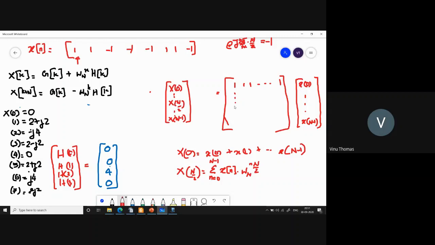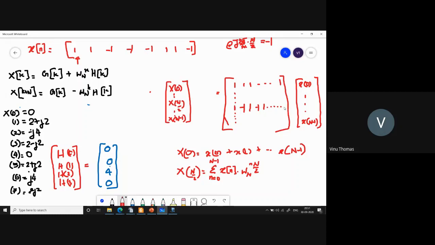Okay, so I have this particular row. The first element would be minus 1 raised to 0. What is minus 1 raised to 0? That is 1. What about the second element? That is minus 1 raised to 1, which is minus 1. Third element is minus 1 squared, which is equal to 1. Fourth element is minus 1 cubed, which is equal to minus 1. Fifth element is minus 1 raised to 4, which is equal to 1. So like this it goes, right? So this row would be 1, minus 1, 1, minus 1, 1, minus 1, 1, minus 1, etc.